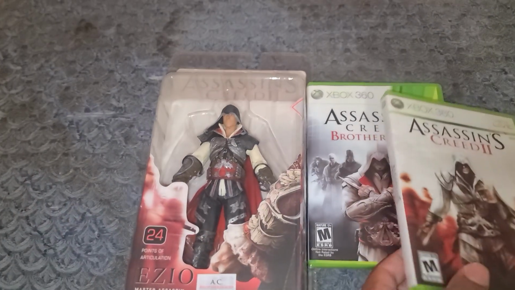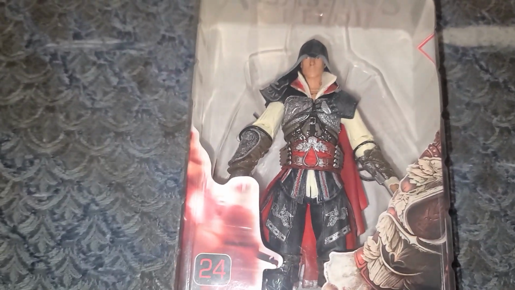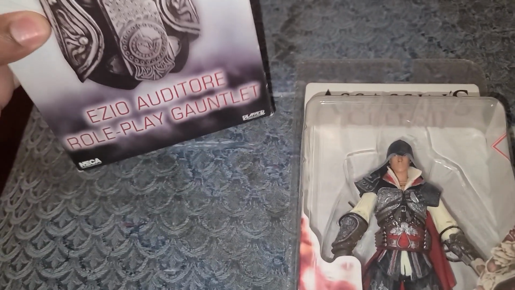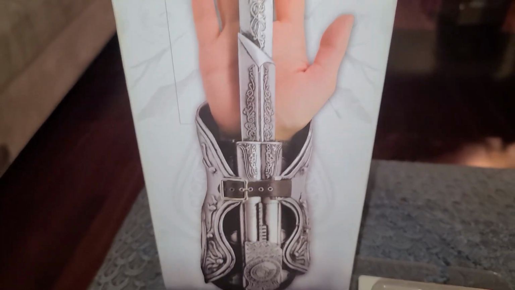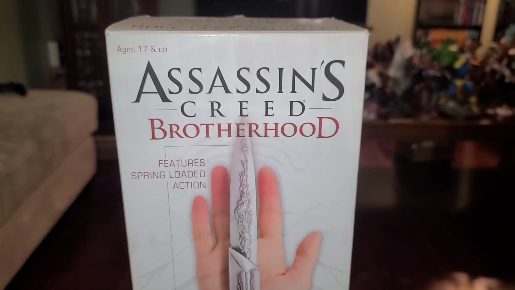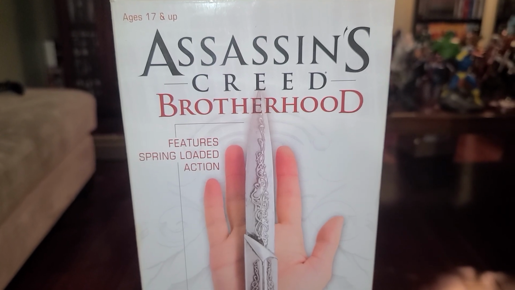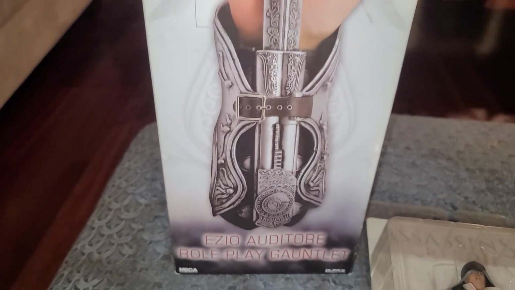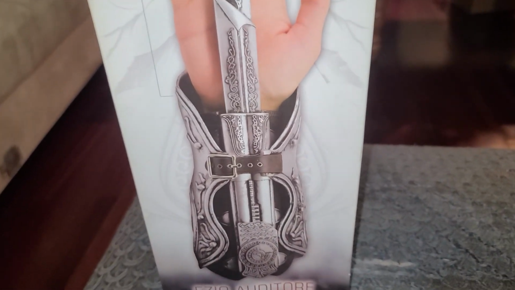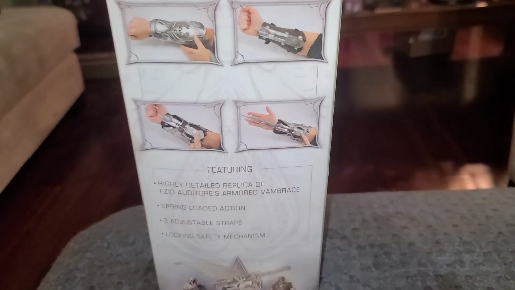Now, let me get these out the way real quick. I was doing some digging when I was working on my Halloween costume this year, and I totally forgot I had this, but look what I found. So this is the hidden blade from Brotherhood, right? It says right there, features spring loaded action. That's cool. Cool stuff. I ended up messing around with it, and the spring on the inside broke. Yeah, I tried to fix it. I ended up making it worse, but